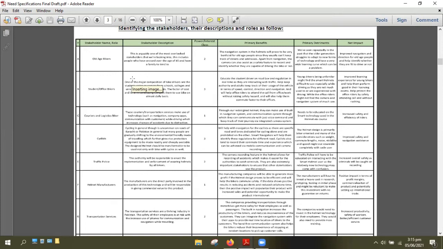I just want to clarify that at this point, when we were doing the stakeholder assessment and interviewing different subjects of the road safety team, we did not have any solution constructed initially, but what we had in mind were the domains that our solution would be targeting. For example, if we were considering some sort of solution to help save the delivery riders, we wanted to target the domains